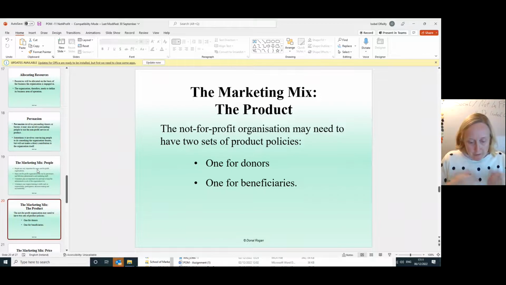So the donors, we're trying to get money from them. We're trying to get money from one set of people. Perhaps we're trying to get time off another set of people. They're both donors. They're donating either time or money. And the beneficiaries. So in the case of the hostel, providing sheltered accommodation for homeless people, then the homeless people in that case are beneficiaries. So there's something to sell to them and a different thing to sell to the donors. We're selling a feel-good factor to the donors in both donating time or money.